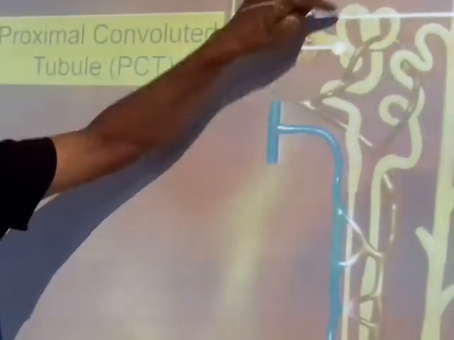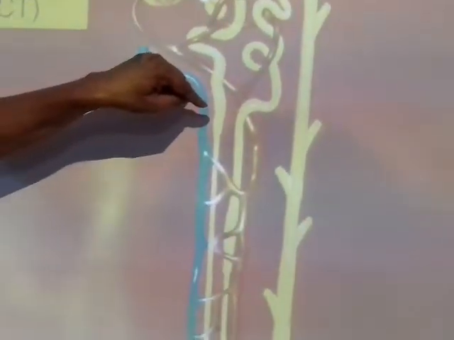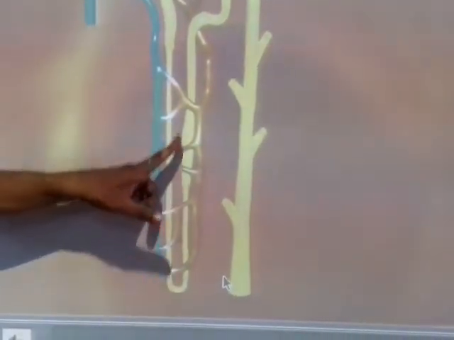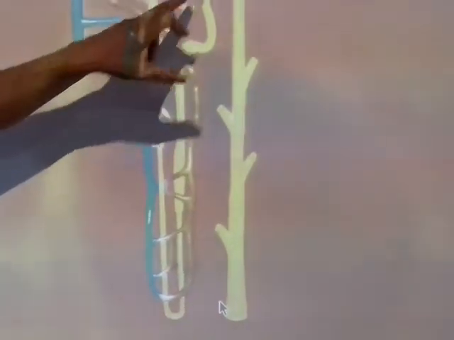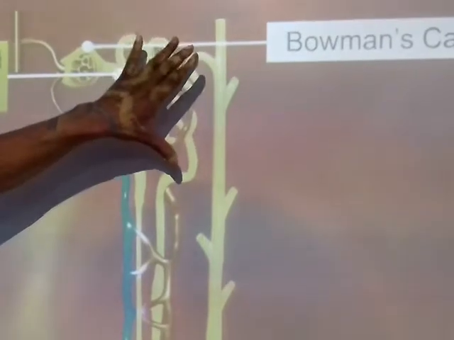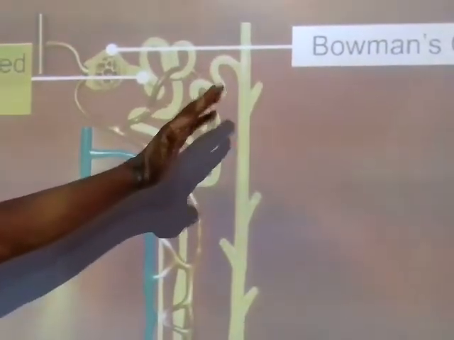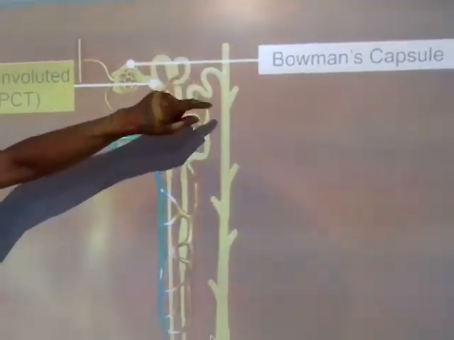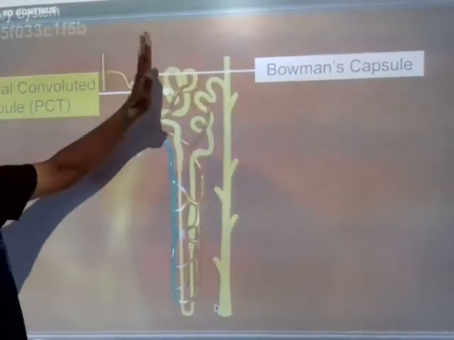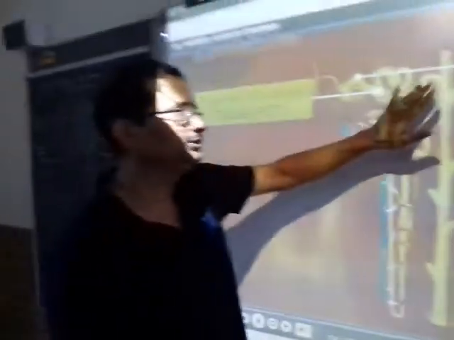This is called the proximal convoluted tubule, and then it runs down, which is called the descending tract of the loop of Henle. And then it takes a loop here which is called the hairpin loop and ascends. This is called the ascending tract of the Henle's loop. Then again it is highly convoluted, but this is called the distal convoluted tubule as it is away from the Malpighian body. But actually the distal convoluted tubule location is very near to this, which you will study in higher class. Here it is diagrammatically shown far away, but it is near to it.